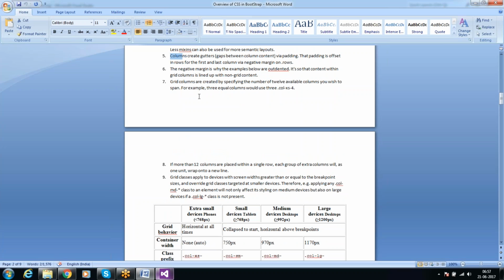If you wish to span, for example, 3 equal columns, you would use col-xs-4. This is one of the styles we'll see. A total of 12 columns can be accommodated in a single row. So if you want 3 equal columns, then 12 divided by 3 is automatically 4. So like col-xs-4, likewise you can take a 3,